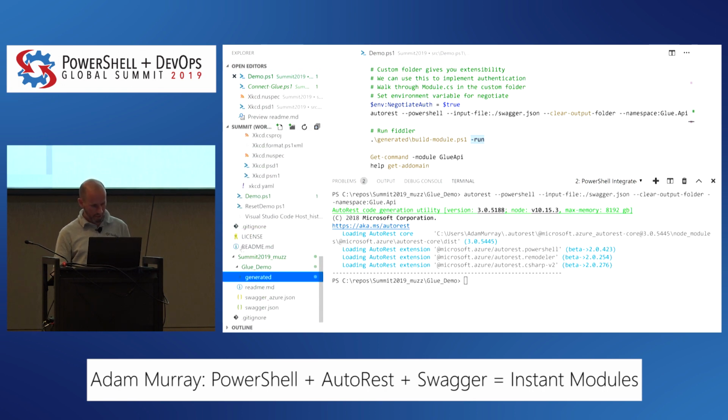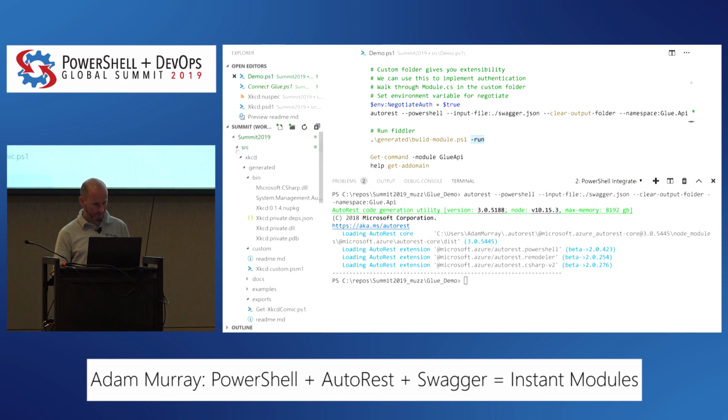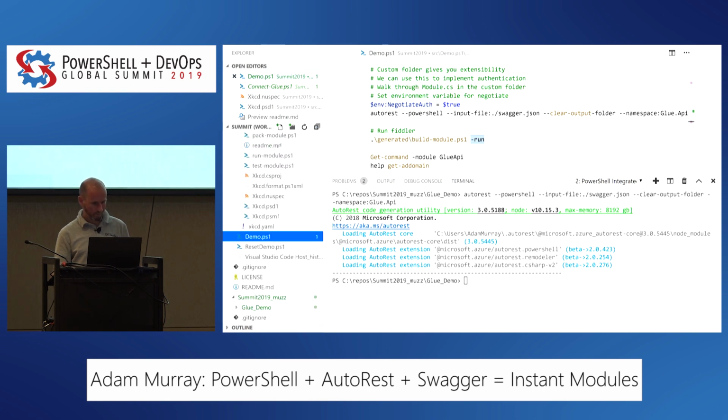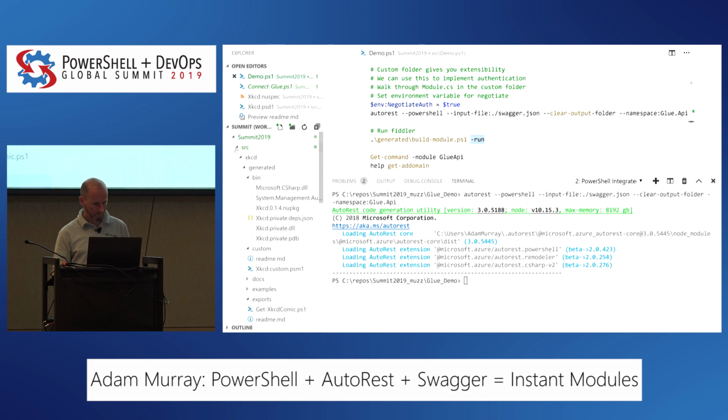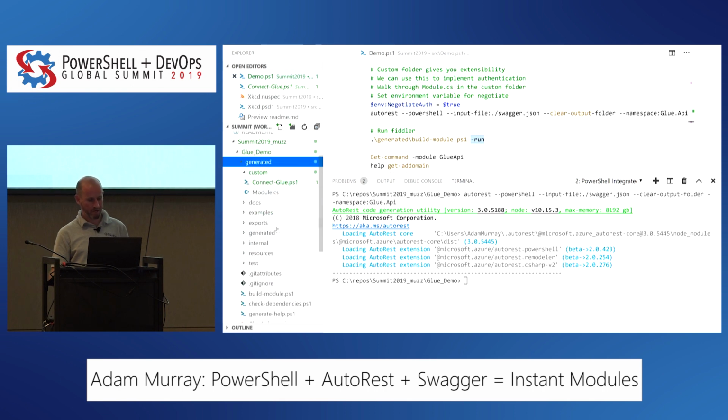So you can see here, if I refresh, sorry about this. Under my Glue demo, I've got it generated. I've got all the same folders and similar files to what I had when we did the XKCD example. So we're going to do